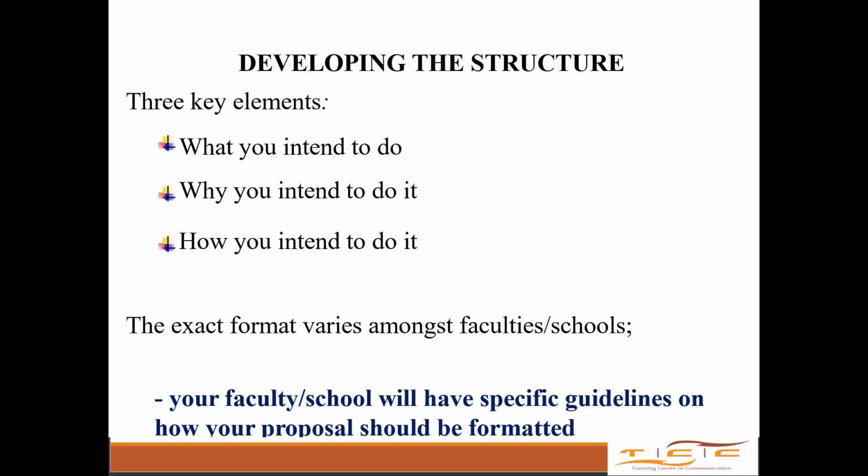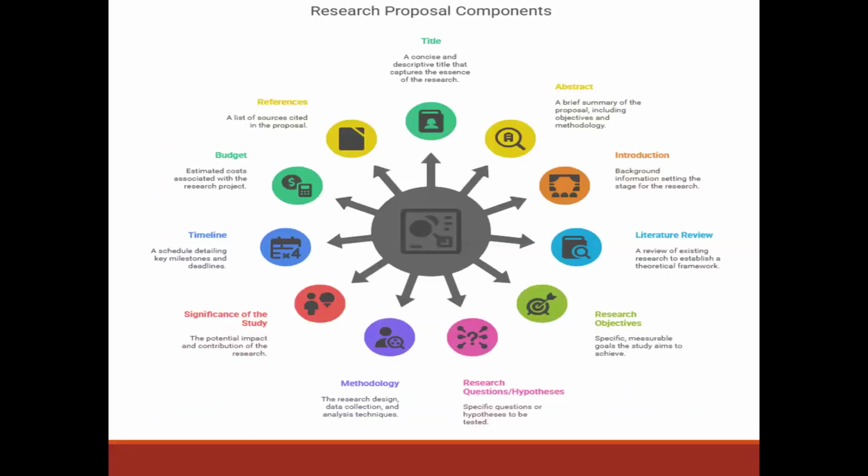So if it is a statement of the problem, what should go into the statement of the problem, regardless of which part of the proposal it appears. If they tell you that we want you to write the statement of the problem at the end after the references, for example, don't tell them that is not how it works. If that is what the university requires, put it there. It's just about the structuring, where which part appears. As long as you know what goes into what section, I think you should be good to go.